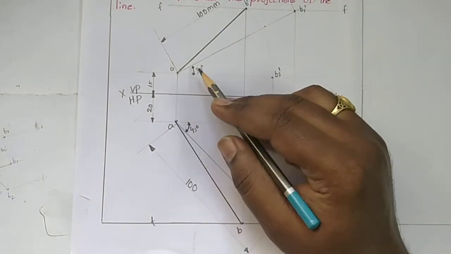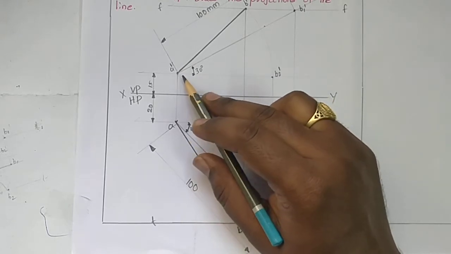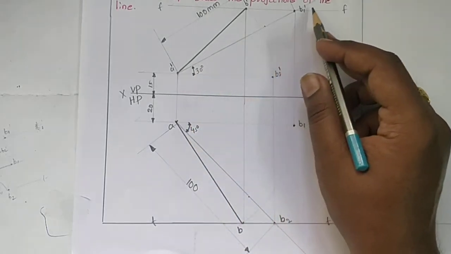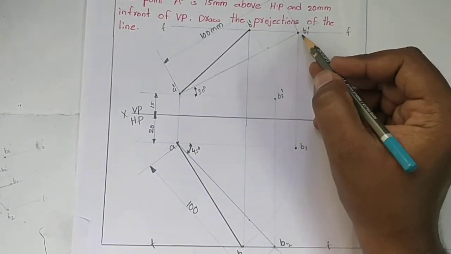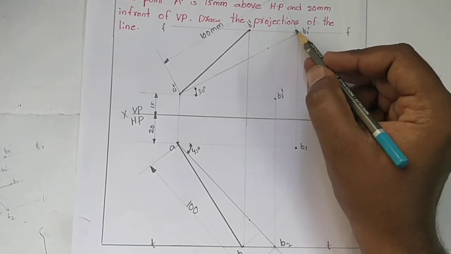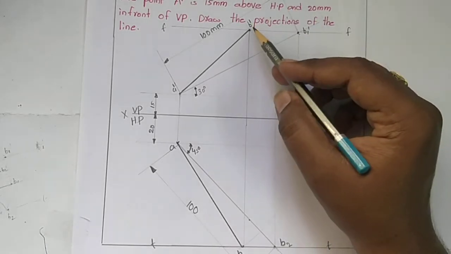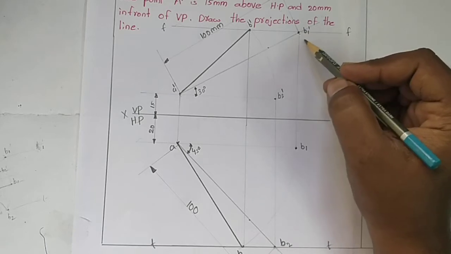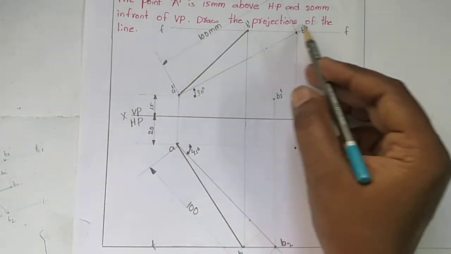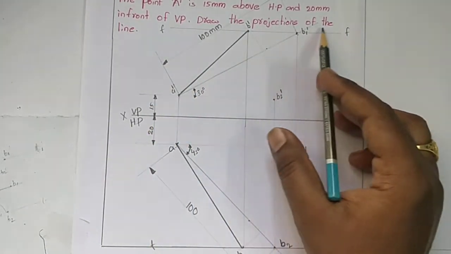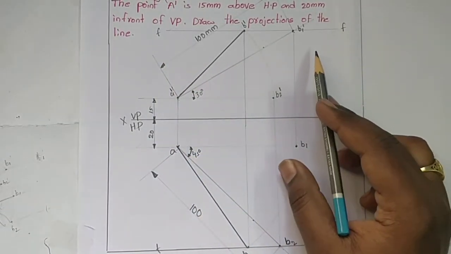Based on this we need to identify. Okay. Next, from point A dash, the front view of the line, here I drew a 30 degrees inclined line. On this 30 degrees inclined line, by using length AB 100 mm, I got one point, that is B1 dash. It is not the final point. For the final point I take B dash, so I gave the notation B1 dash. On this point I drew one horizontal line parallel to XY. It is denoted as the locus of front view. Okay, now I completed one set.